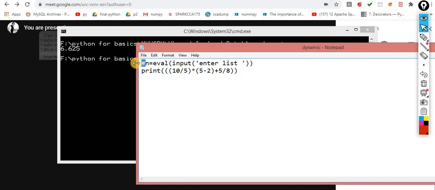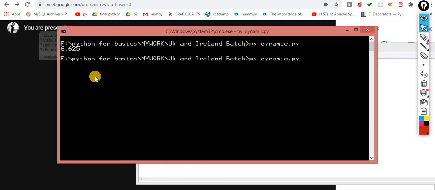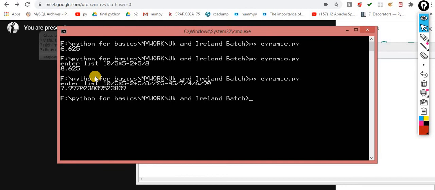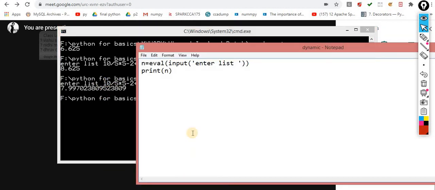If I am using the eval method, then it automatically does this kind of activity. You don't need to bother about it. Whatever expression you are passing, it will be solved by the BODMAS rule with the help of eval. Let's suppose I am passing this. Now this is the output for the same. If I evaluate this expression, this is the way. So keep this funda in mind.